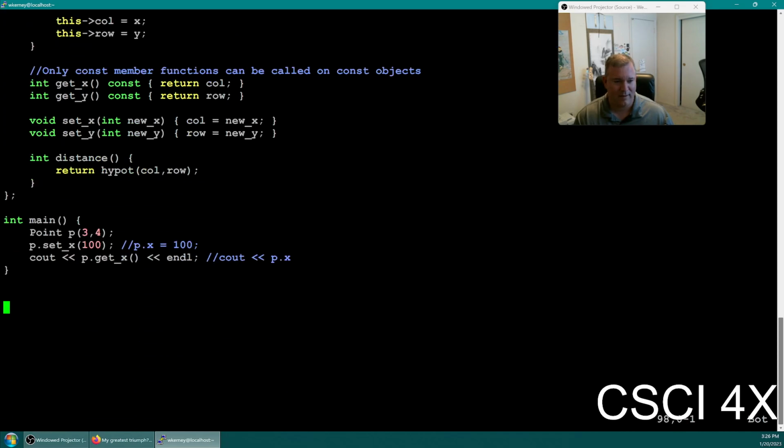One last thing is pointers. So right now, there's kind of no use for a pointer. You personally probably have zero uses for pointers, but probably starting next week, you will. So I'm going to go through a little bit of the syntax on how pointers work and how pointers to classes work. So if I have a point P here,